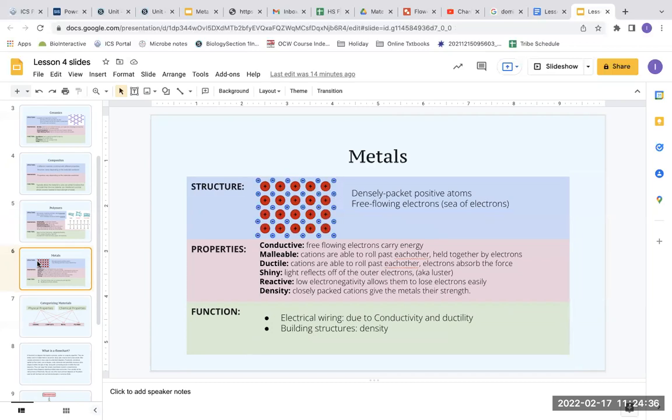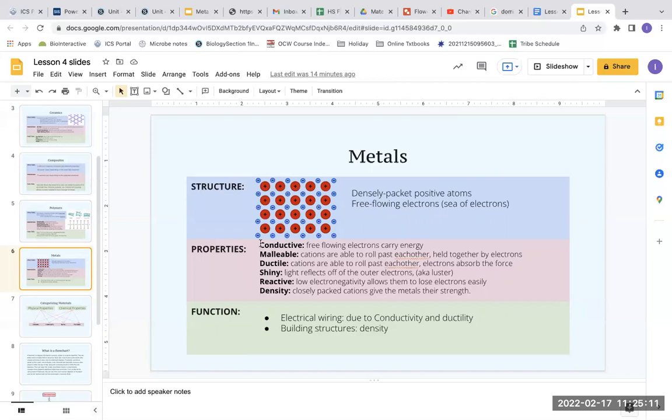Metals. Metals are quite specific when it comes to structure. Metal atoms have free-flowing electrons. So they have one or two dangling electrons around the nucleus. If you look on the left-hand side of the periodic table, you can see that. And those electrons tend to just flow around, jumping from one metal atom to the next. Now, because you have this movement of electrons, the property of metal is that